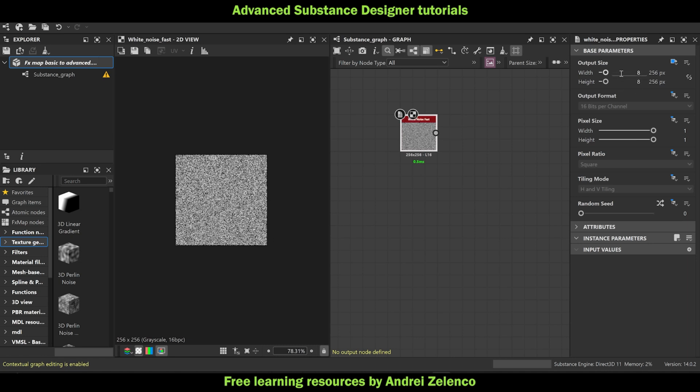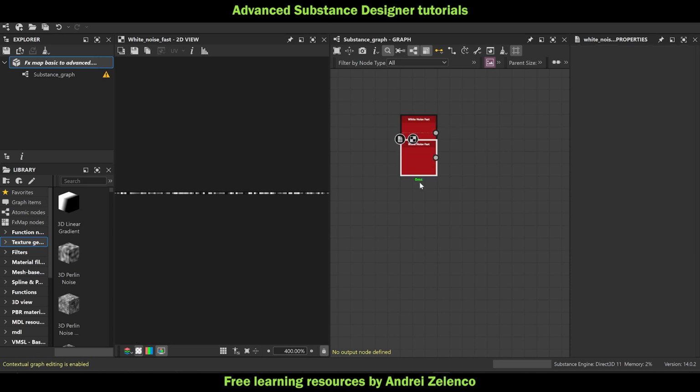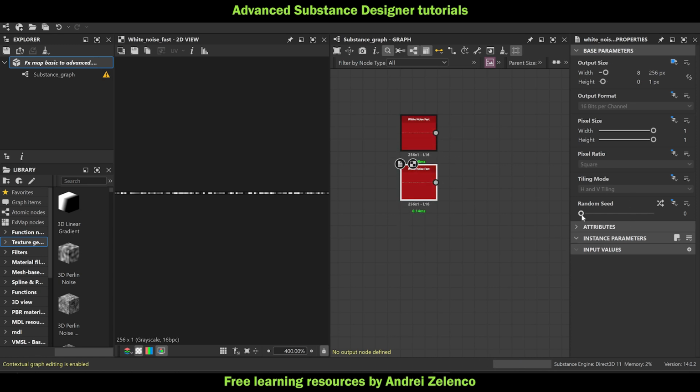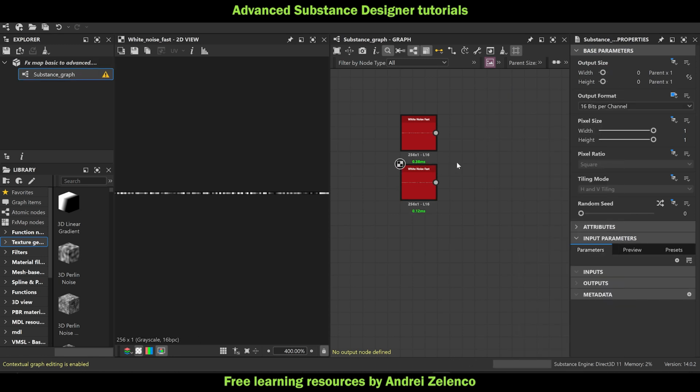So this texture contains right now 256 by 256. I will just do a 256 by 1 texture. So this is a row of random values. I'm going to duplicate this one. I'm going to take this and just change the random seed, and then I will use a FX, not an FX map, but like a pixel processor node